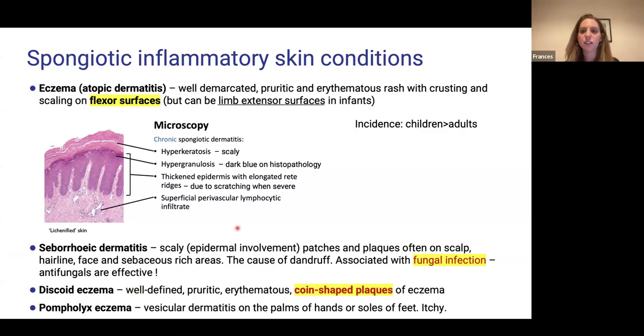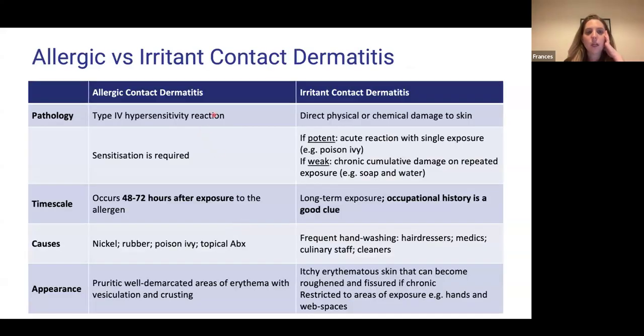So really all of these conditions, itchy, scaly, and erythematous, those are your key features that you're looking out for. Then with your exogenous dermatitis, allergic versus irritant contact dermatitis are the main ones. And the key thing to differentiate these is that